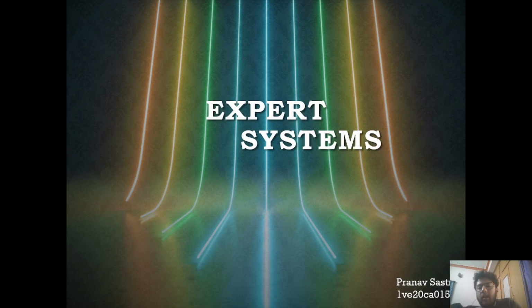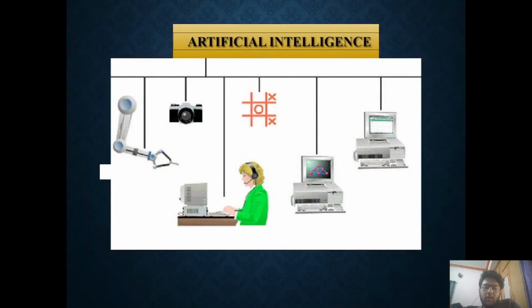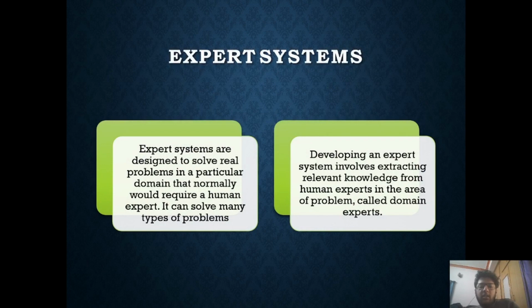This is Pranav, and in this video we'll be talking about the topic expert systems. So expert systems come under the domain of AI, wherein these are used to make intelligent decisions, or these are designed to solve real world problems in a particular domain that normally would require a human expert, and it can solve many types of problems too. So developing an expert system involves extracting relevant knowledge from human experts in the area of the problem, and these